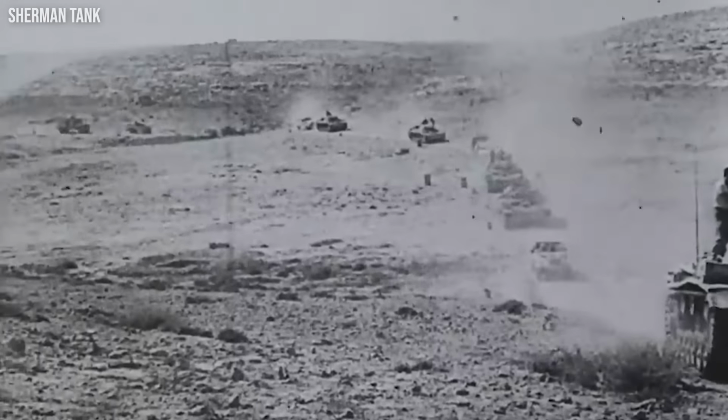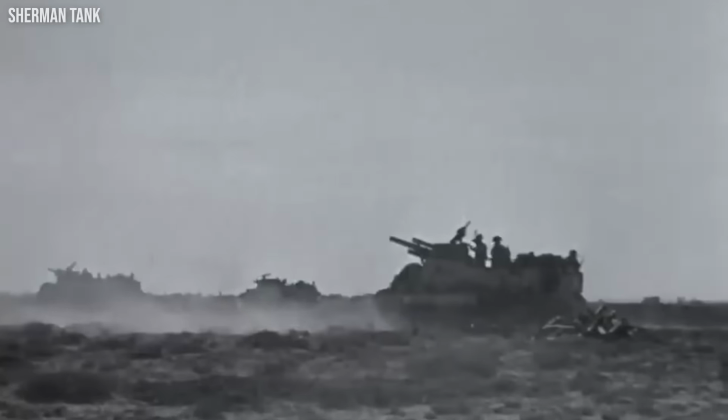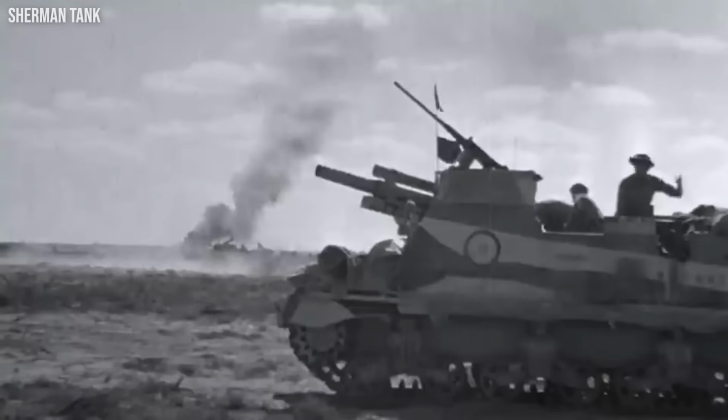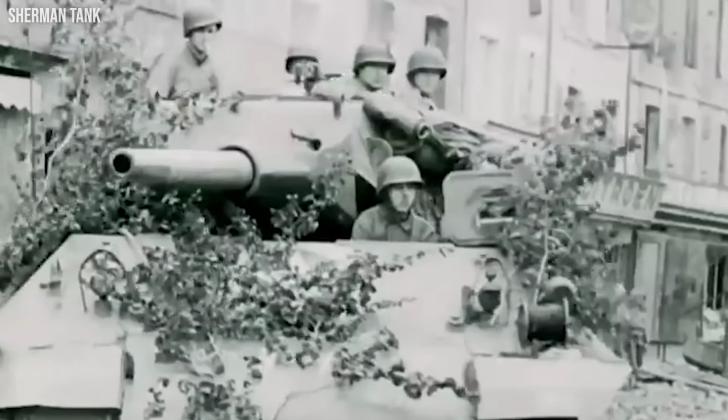In this battle, the British and American forces fought against the German Panzer Army in Africa under the command of the famous General Erwin Rommel. The Sherman was a major player in the battle, helping to push the Germans back and give the Allies an important victory. The Battle of the Bulge in 1944 was another great battle in which the Sherman played a vital